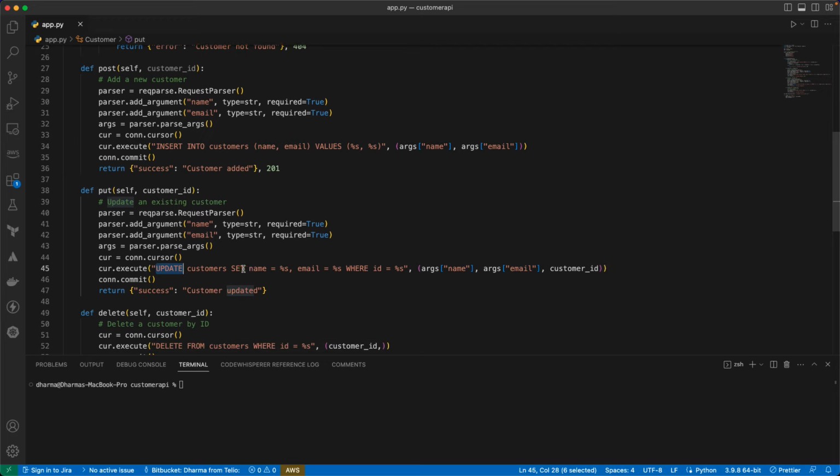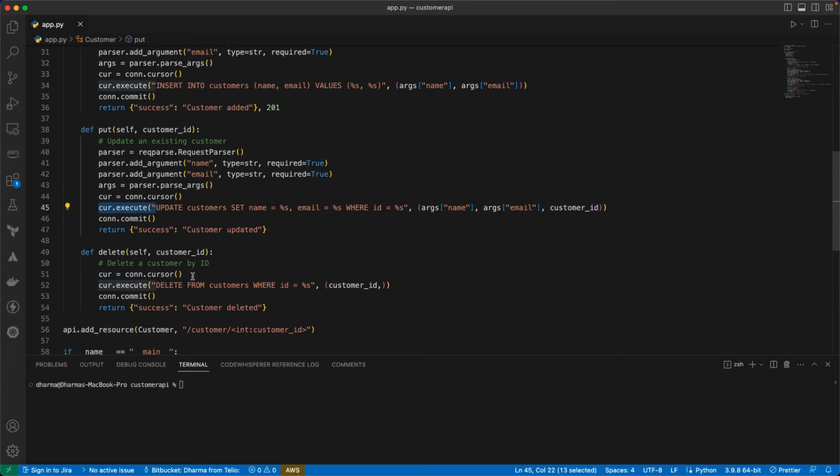So update customer set name equal to whatever I am sending, and email equal to whatever I'm sending in the JSON. So it will just execute the DB queries. And delete also, let's see, delete from the customer where ID, whatever the ID I'm sending, it will delete. So indirectly, when we are triggering the API, there is a query running behind. Okay,